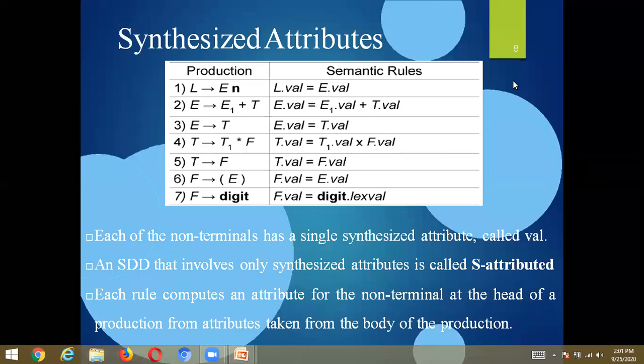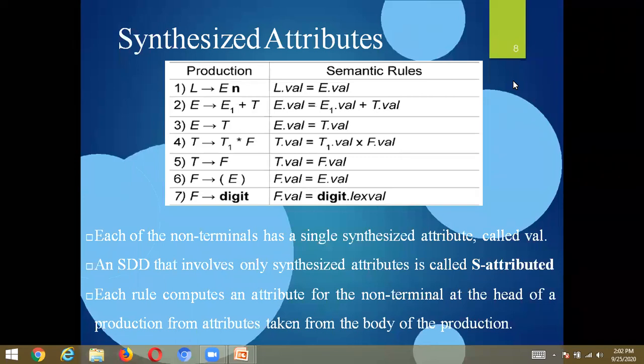Here the syntax directed definition can be written for the grammar by using the semantic actions for each and every production. Once you see the non-terminals that we have in the given grammar, for the non-terminals like L, E, T, F, the values can be obtained using the attribute VAL.